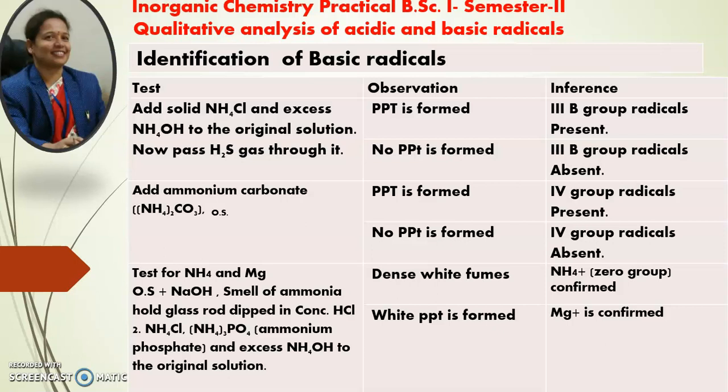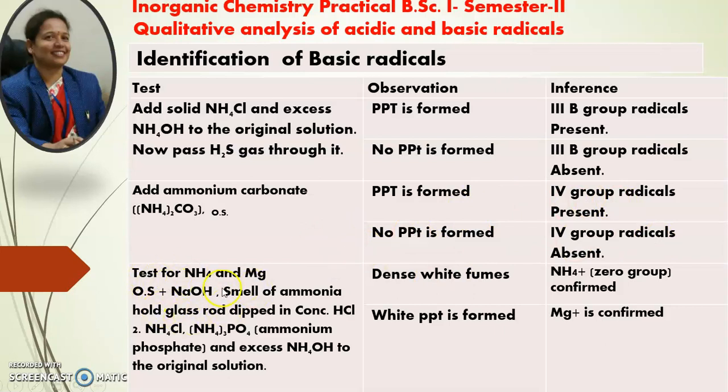I will explain it in the next video lecture. Then जैसे हम लोग particularly यहाँ पे radical मिलने के बाद वो PPT में वहाँ पे उसको चेक करते हैं कि कौन सा वो ग्रुप में का रिएजेंट उसमें रेडिकल उसमें प्रेजेंट है. So if there is a cobalt, we can make a cobalt bead test for the cobalt, which is a confirmative test for the cobalt. After addition of ammonium carbonate, white precipitate is formed. Ca, Ba or Sr may be present. So fourth group radical may be present. If we do not get the PPT, then fourth group radical is absent.